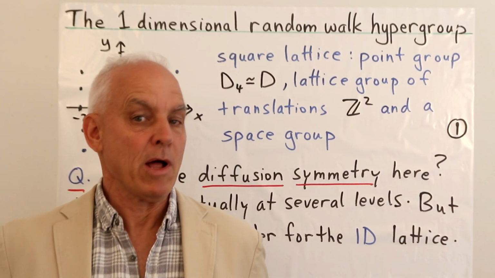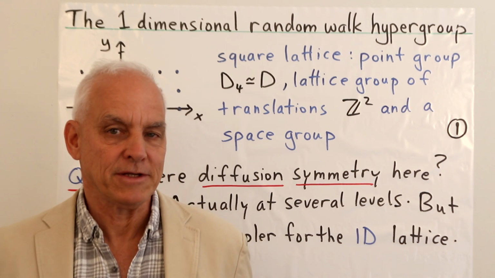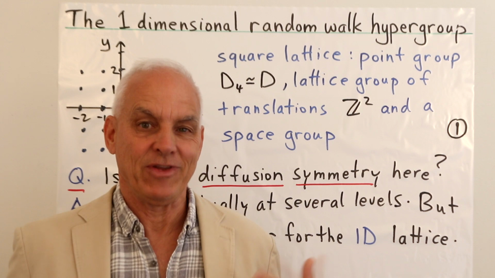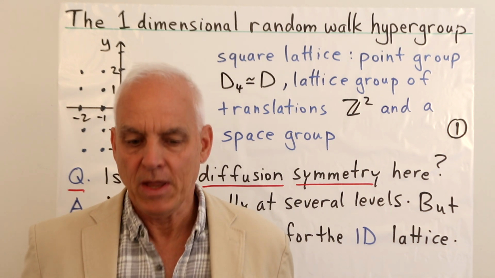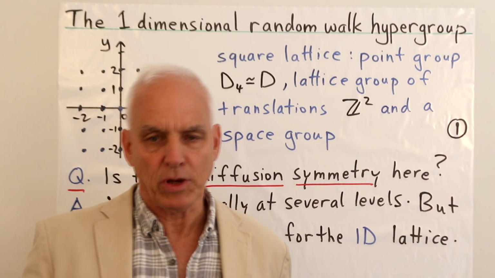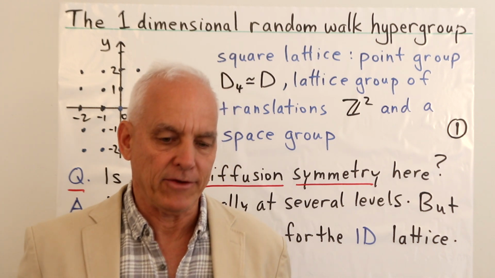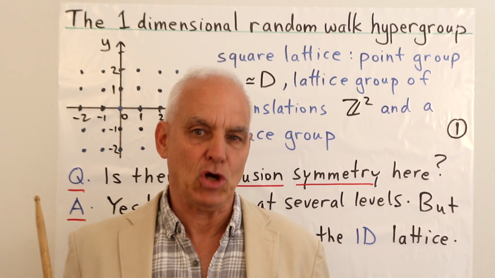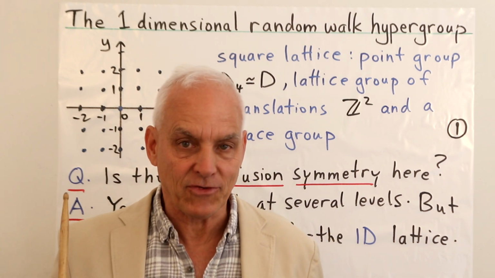Hello everyone, I'm Norman Wildberger, and we are talking about diffusion symmetry, which is an alternative sort of orientation towards symmetry in mathematics and physics. And the main objects that we're looking at are hypergroups or related things. And I want to explain to you today about how these things come about in the context of geometric lattices.